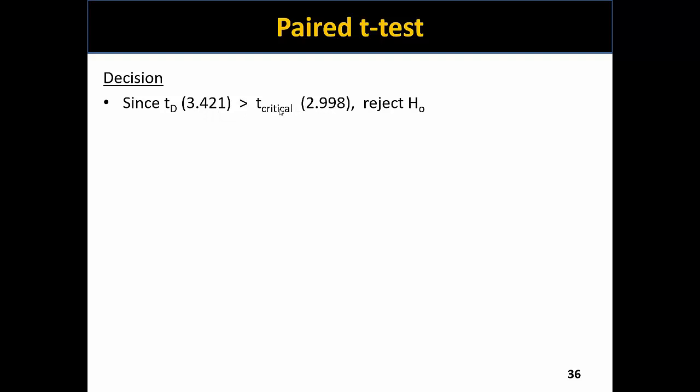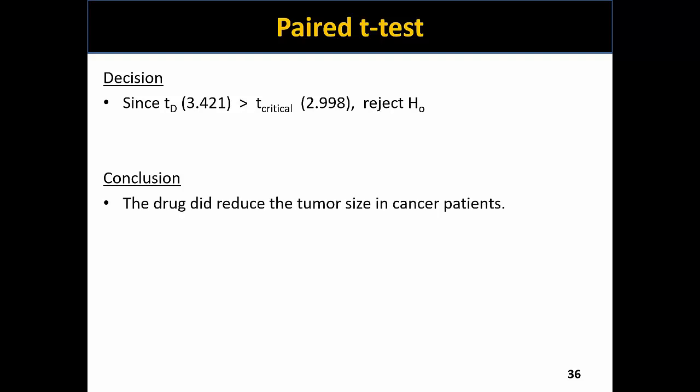And so if that case occurred, as it did occur, we reject the null hypothesis. And by rejecting the null hypothesis, we therefore invoke the alternative hypothesis. In doing so, we conclude that the drug did reduce. We don't say a difference, but we say that the drug did reduce the tumor size in the cancer patients because that was stated in the